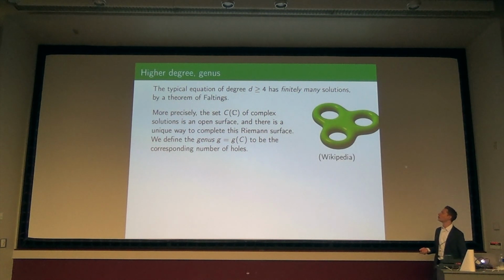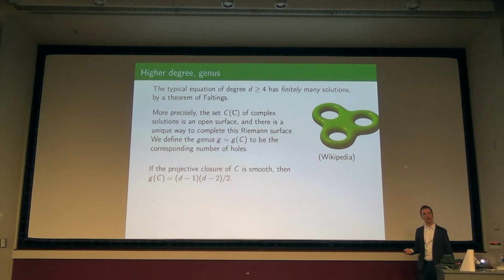So here's the stock photo of a genus 3 algebraic curve over the complex numbers. It looks like something you put in your cereal. Don't you want to have like 100 of these with a little milk? Maybe some fresh fruit on top? Okay. So we're just counting the number of holes there.